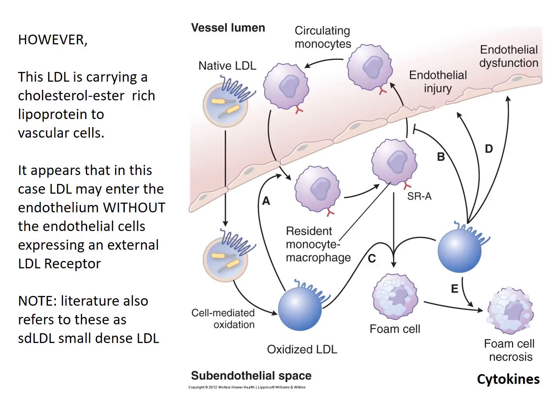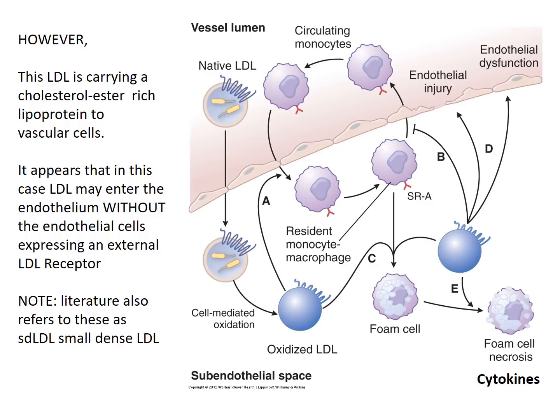Here's the problem with the LDL. The LDL doesn't bind a receptor, but it just gets through the endothelium of blood vessels, and then inside the endothelium, it starts laying down fat in the vessel wall. So in this case, the vessel lumen is at top, shown in the darker pink. You can see circulating LDLs. Those LDLs, see how they diffuse through the endothelial layer, and then once they get in the subendothelial space, they're going to start to be acted upon by